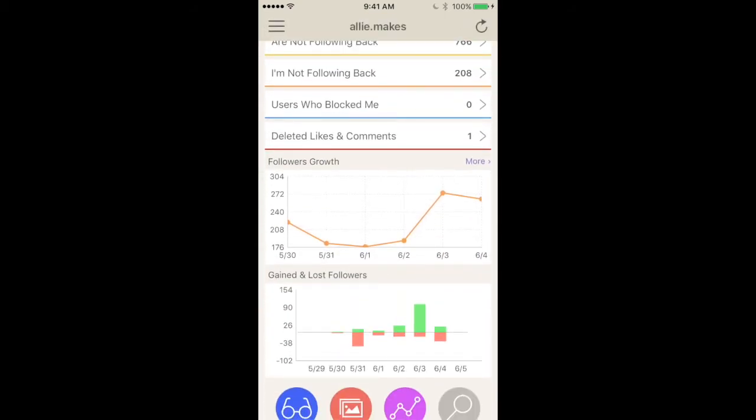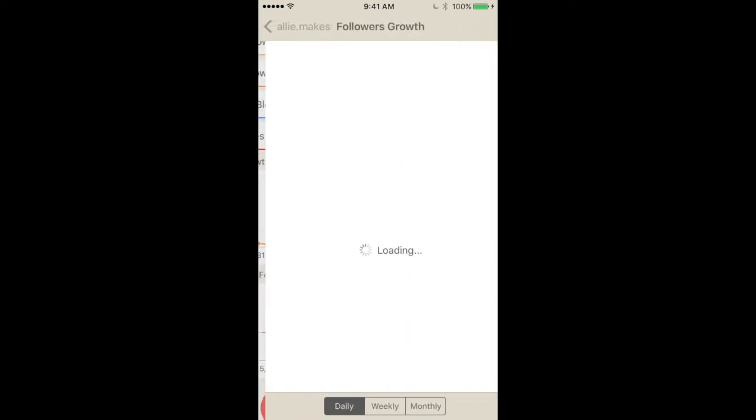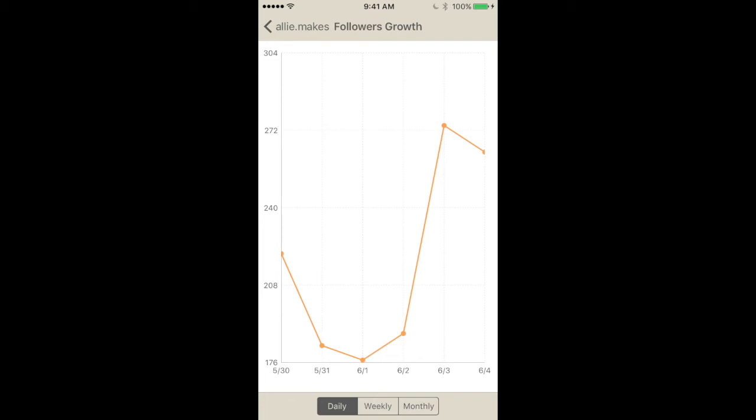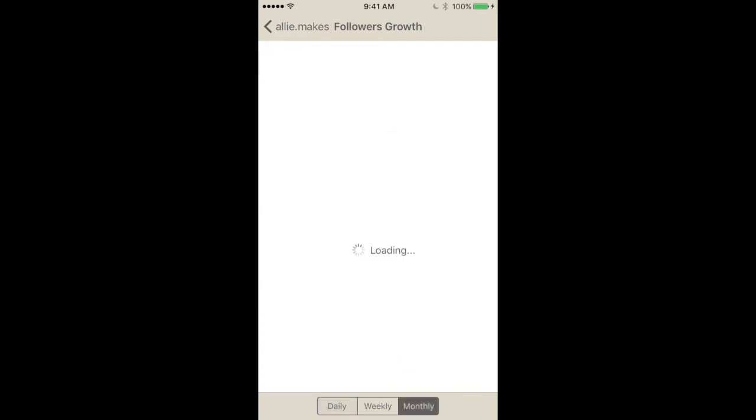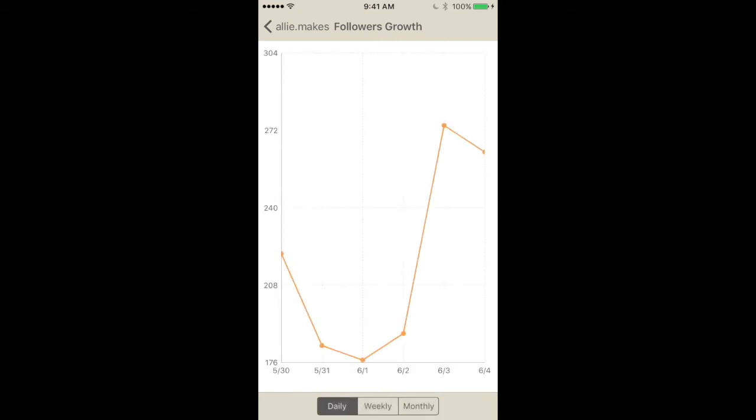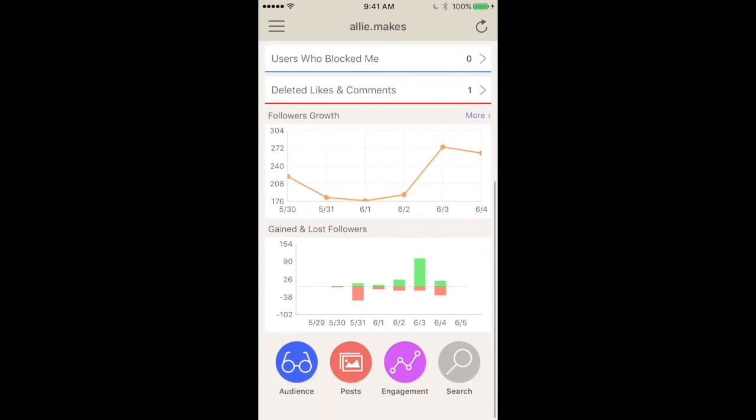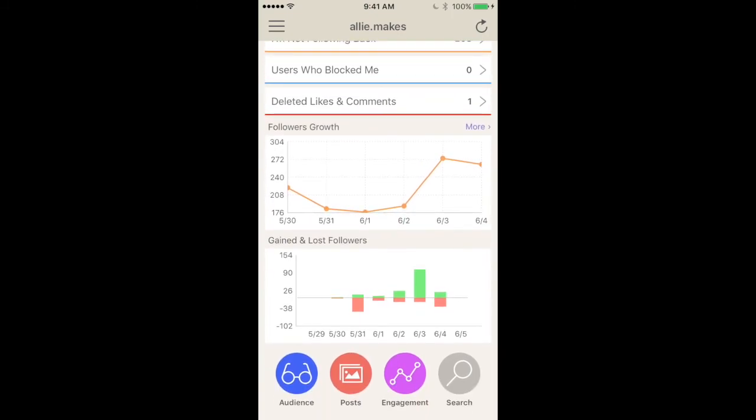You can see your follower growth, so you can see how people have gone up and down. And this is definitely the follow unfollow game. So you can see that I had about 220 likes, and then it dropped a bunch over a couple of days, and then it went up a bunch, and now it's dropping again. So these are people playing the follow unfollow game. It's really, really annoying, and I hate it. And then it's kind of a similar look of the gained followers and lost followers